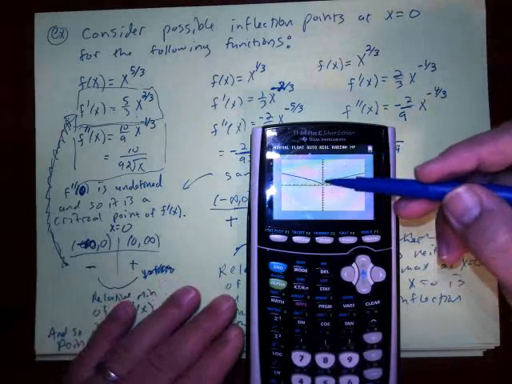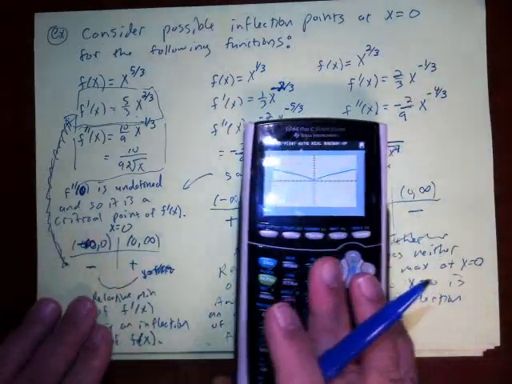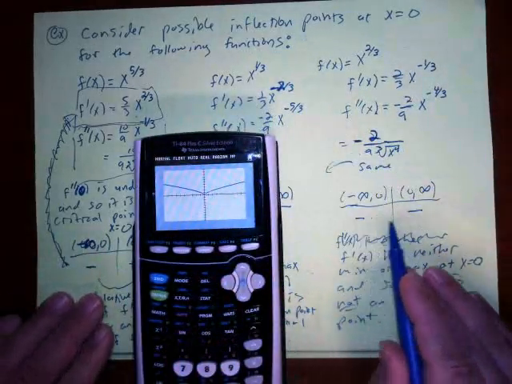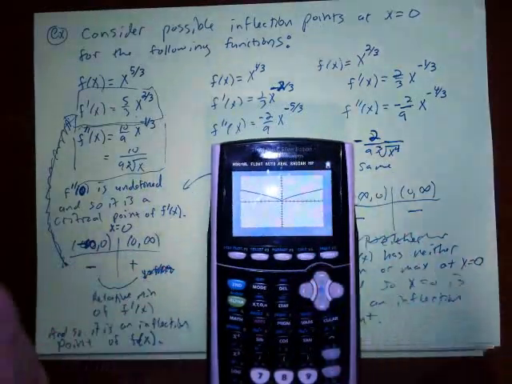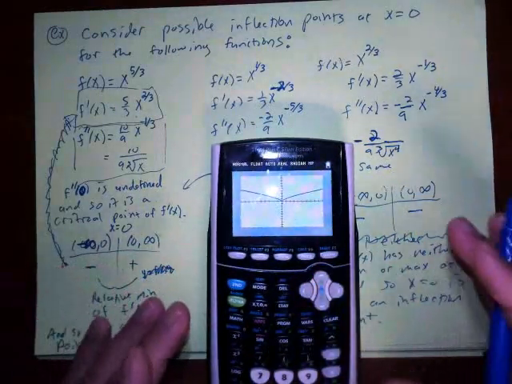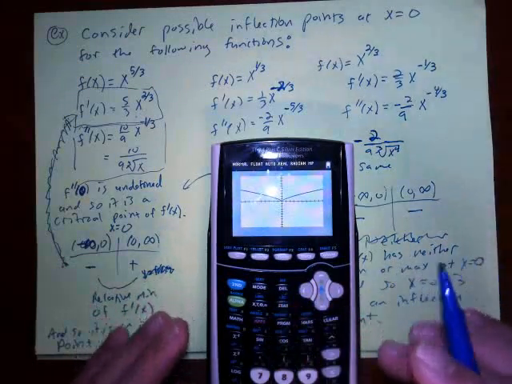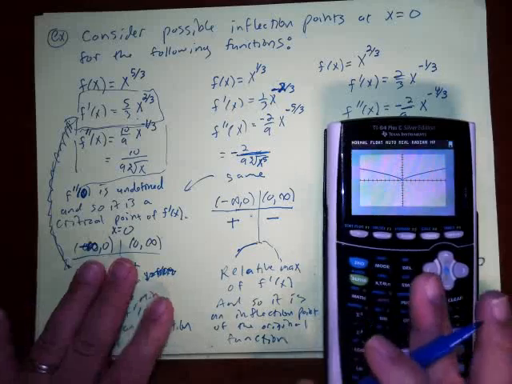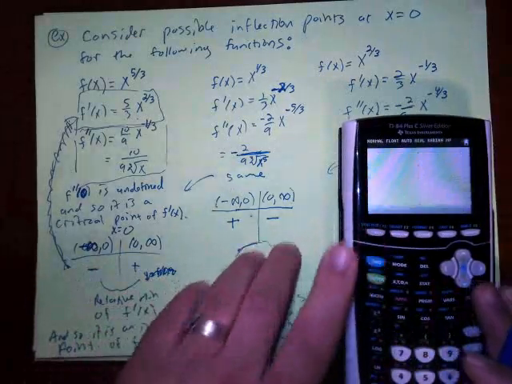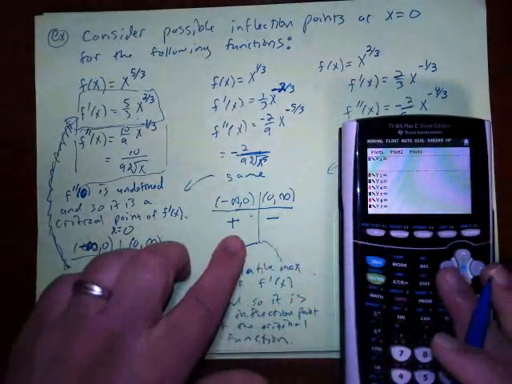And so notice it's concave down and concave down. That shows up on our table here. Concave down and concave down. It does not change its concavity. It does not have an inflection point. So 0 is a critical point of the first derivative, but not an inflection point because the first derivative does not have a relative min or max. Okay,